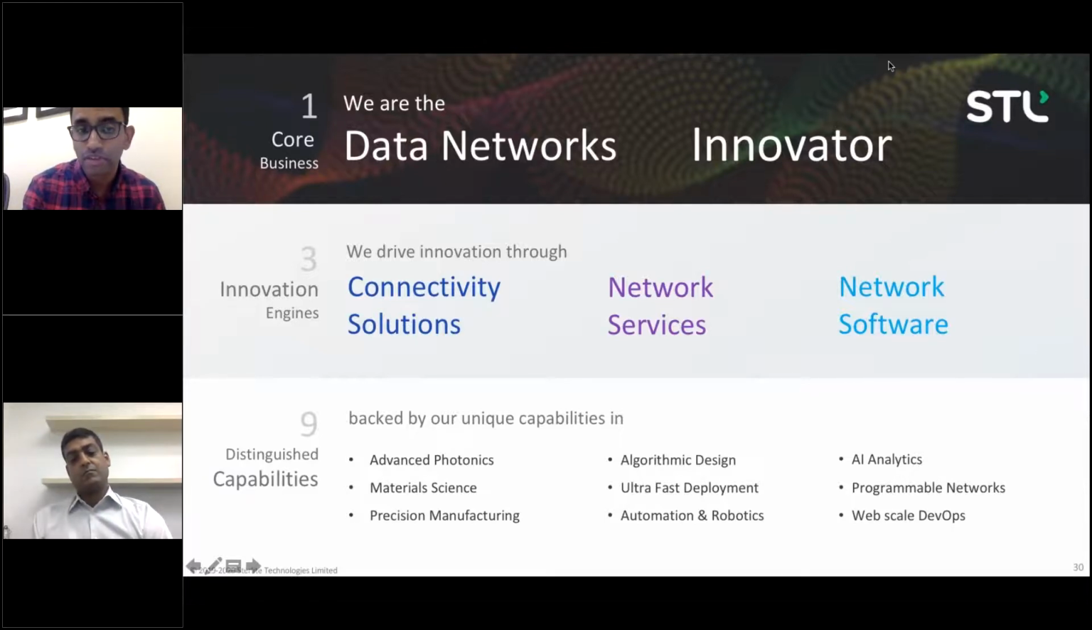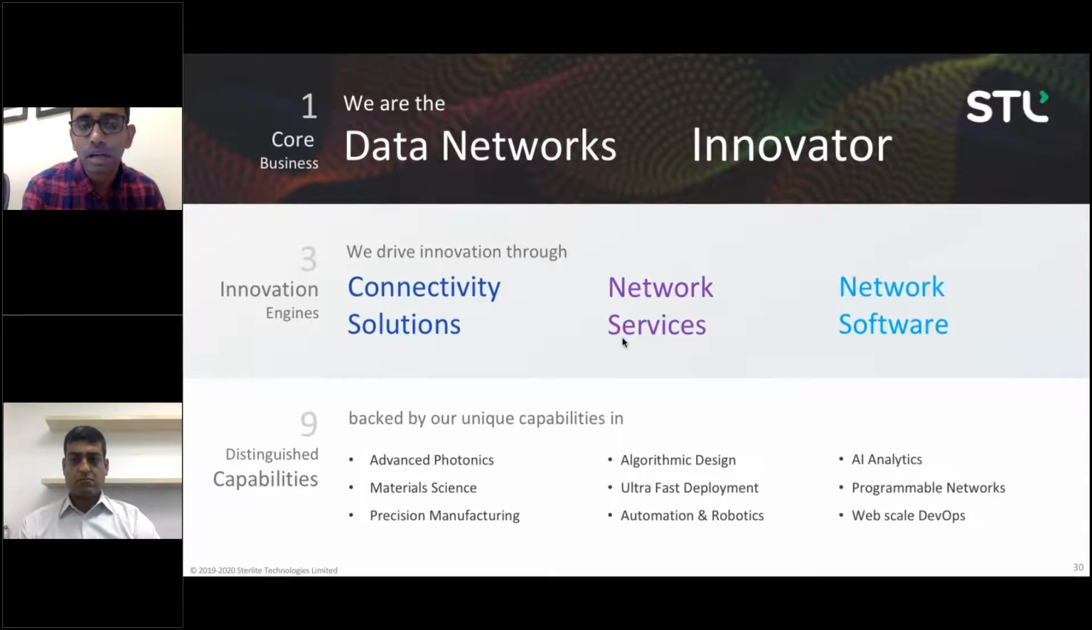So for example, advanced photonics, material science, and precision manufacturing for the connectivity solutions business. And then we have automation and robotics and algorithmic design capabilities at the network services business, and AI analytics, web scale DevOps, and programmable networks for the network software. If you go to the next slide, Jitendra,